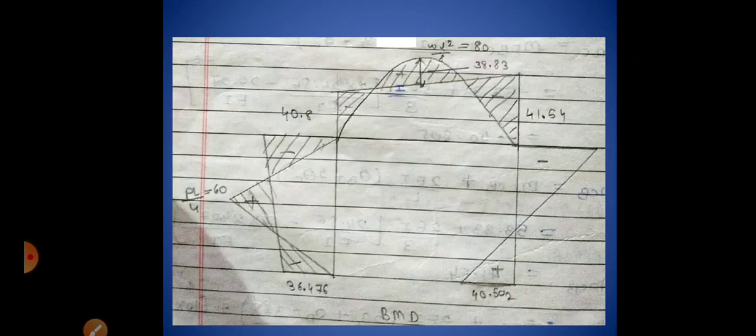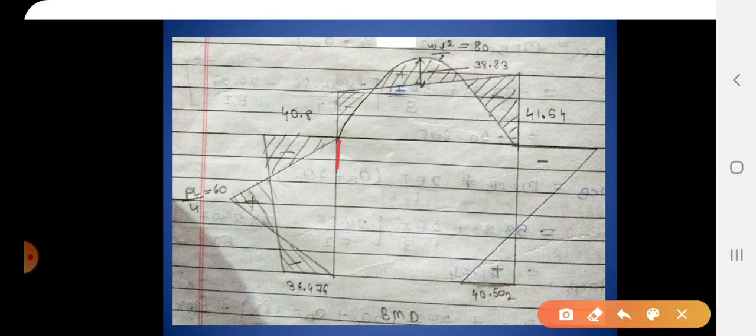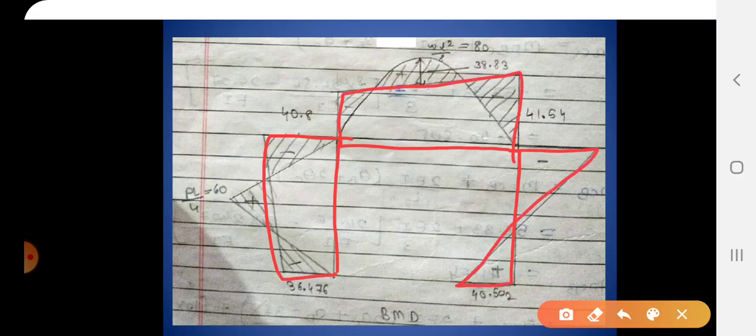Plot these on your free body diagram and try to plot the bending moment diagram. First I will draw the reference frame line, and then first you draw these final moments accordingly. If it is plus, then it is sagging, otherwise hogging. You know it very well now. So these two values are hogging, sagging, and these two values are hogging.